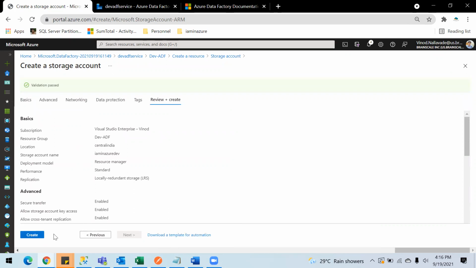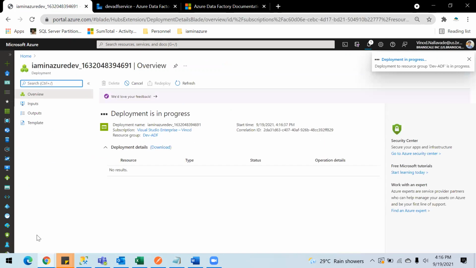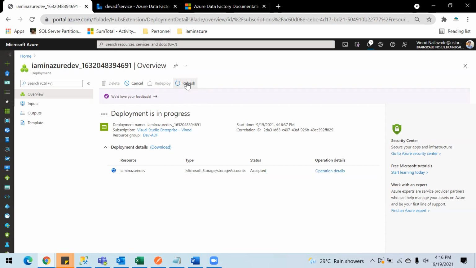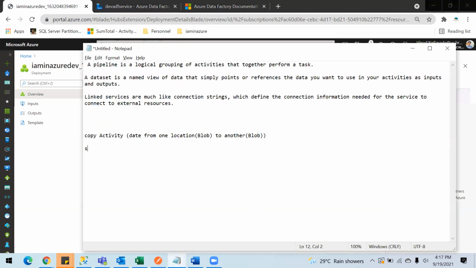So it has validated everything. While validating, it will go through different policies and validate them. If some policy is stopping my creation, then it will throw an error. So just give a minute here to create a storage. Once we have the storage account, we will create containers inside the blob service. We're going to name them source and destination container.